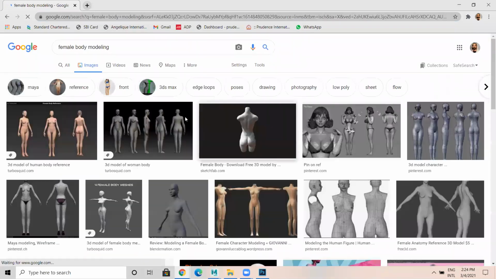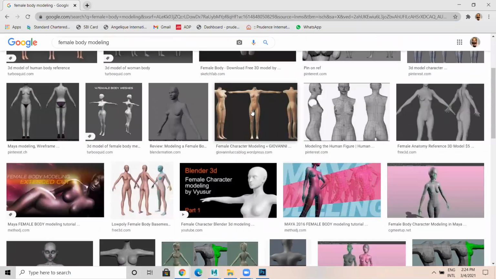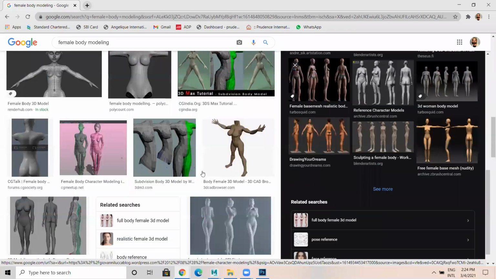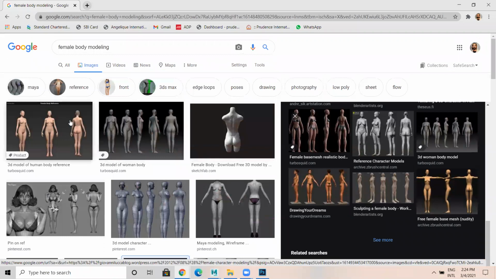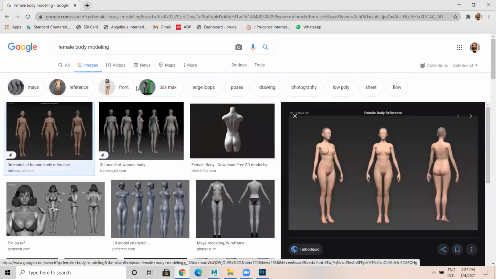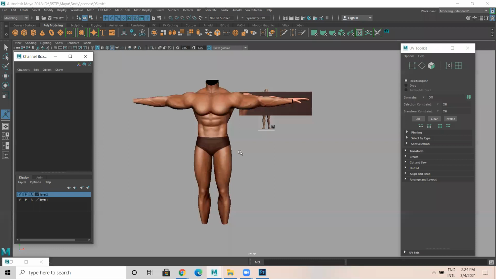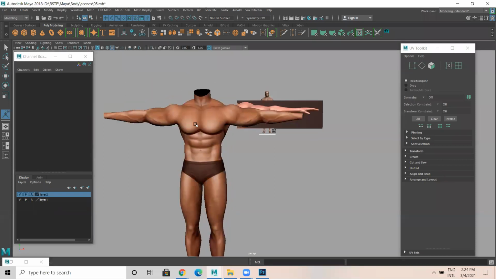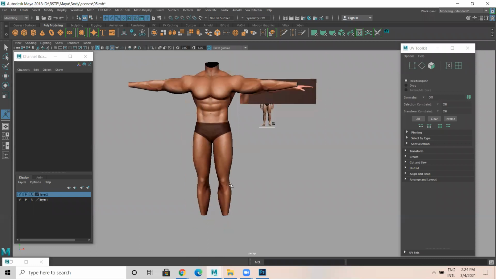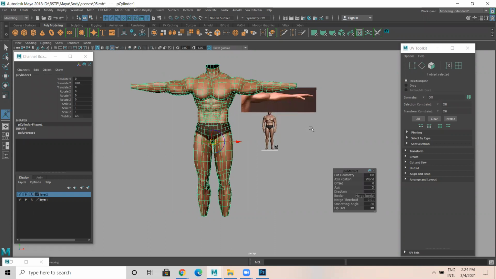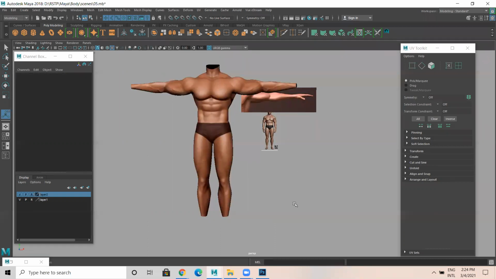Just go to images and download them. Even if you get realistic images, try to apply that so that it looks realistic. In that case, your female character modeling will also be done. Make sure to have a face for the character, and the face, hand and leg parts which we have done separately. You can continue from here.